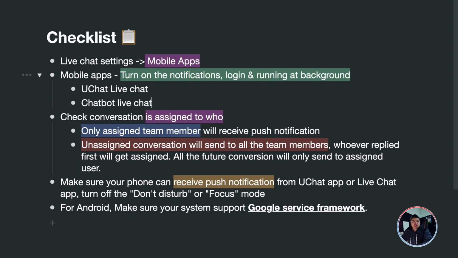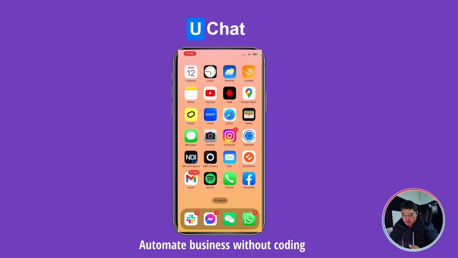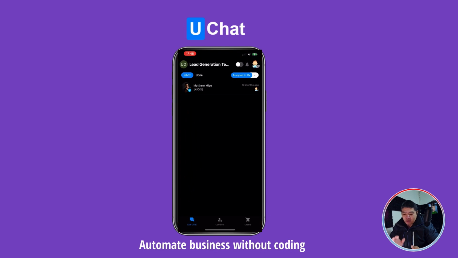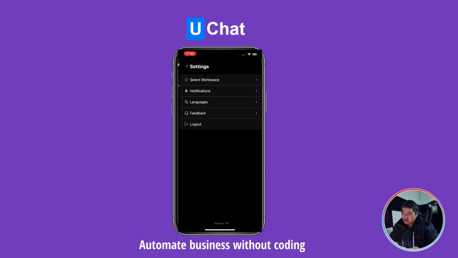Download either of these 2 mobile apps, and then you need to log in and turn on the push notifications. So now let me share my screen and I will show you how to set this up. You can see I already downloaded the apps. I already logged in, and you can click over here and you will be able to see there is a